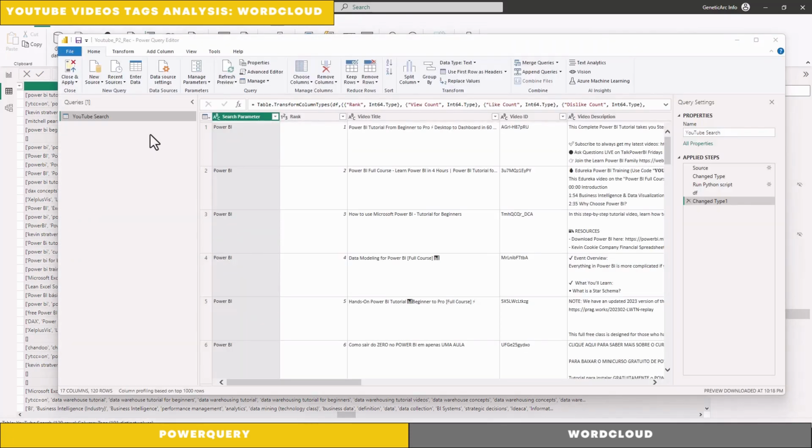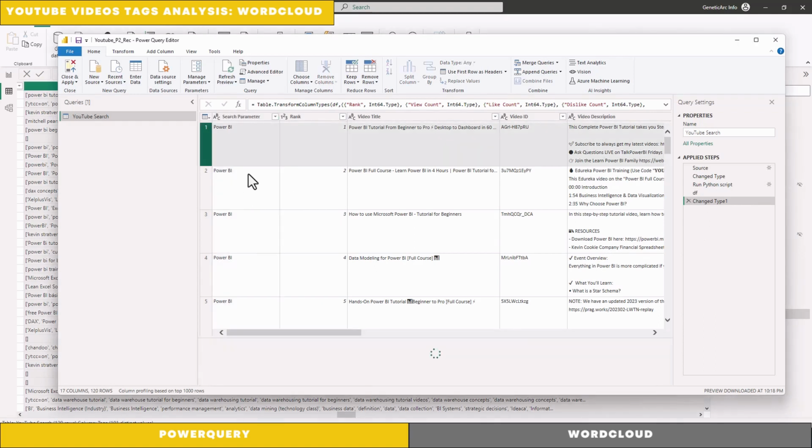Now if you remember from the first part, I said I don't want to do many transformations here because each transformation you add to this query will recalculate all the previous steps including the API call, and since we have limited quota as we saw in the previous video, I don't want to keep calling it because we'll exceed the quota. So to overcome this, we want first to create the transformation without touching this query.